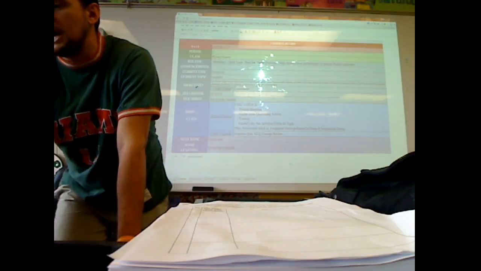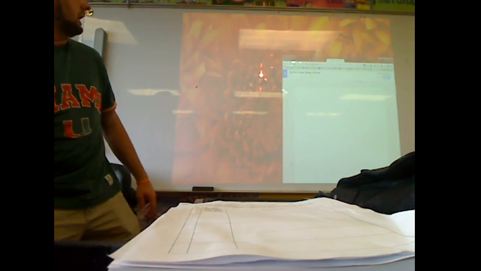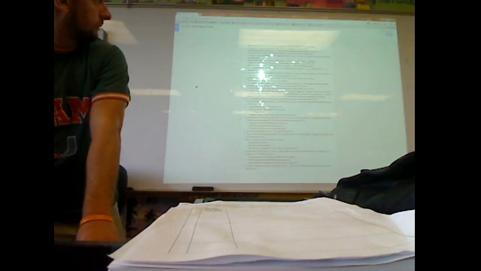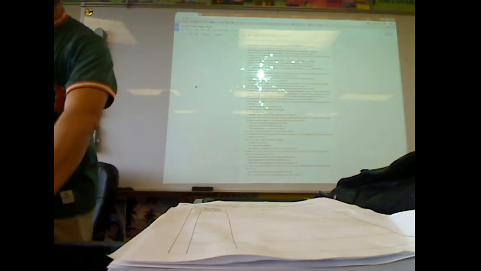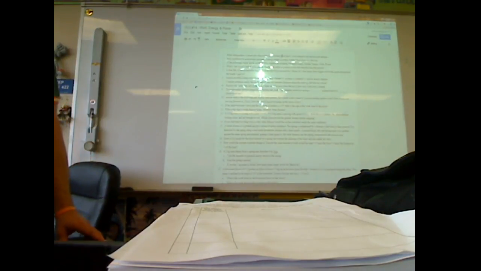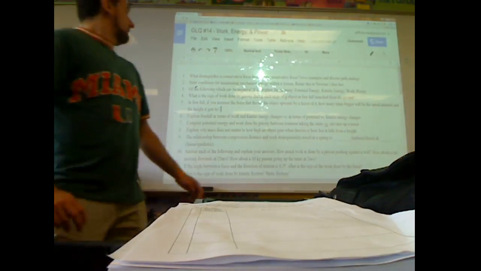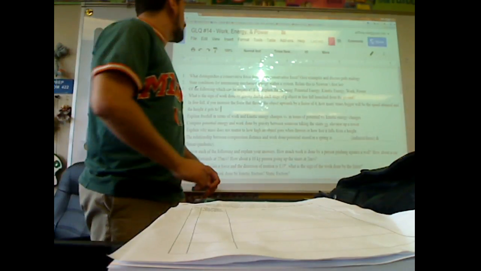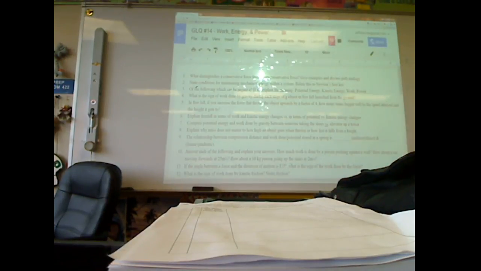Try to do as much as we can of GLQ number 14 right now. And we'll do at least probably about 20, 30 minutes next class, depending on how we get through this. Alright? So, distinguish what a conservative force is, and give an example of each, then give this path analogy business.